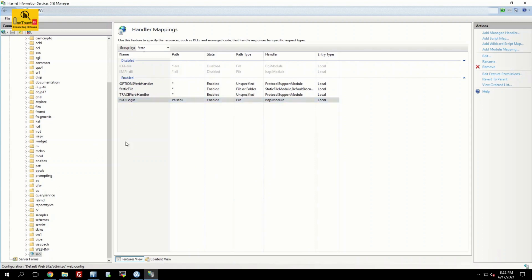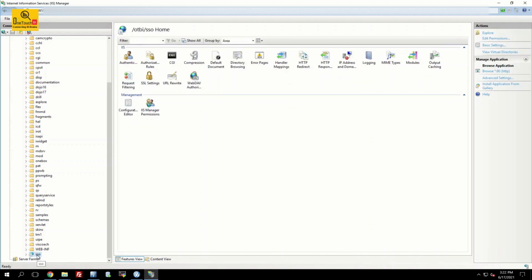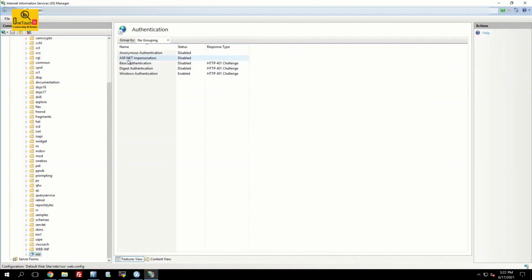Before we configure the URL rewrite for our BI folder at the SSO level, we need to do one last setting. Choose the SSO again, and over here in the middle pane, double click on authentication and make sure your anonymous authentication is disabled and Windows authentication is enabled.